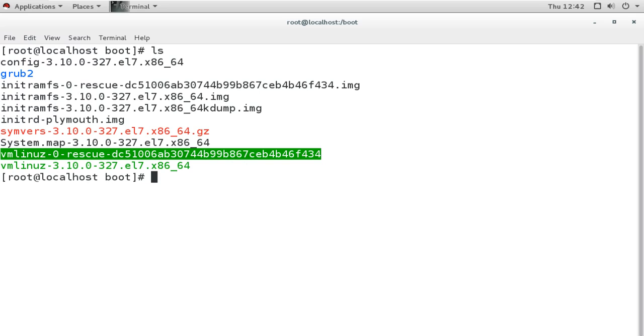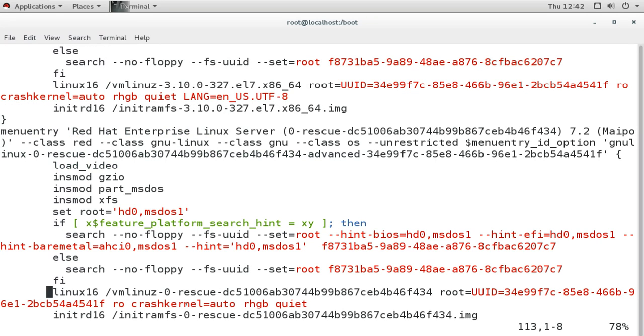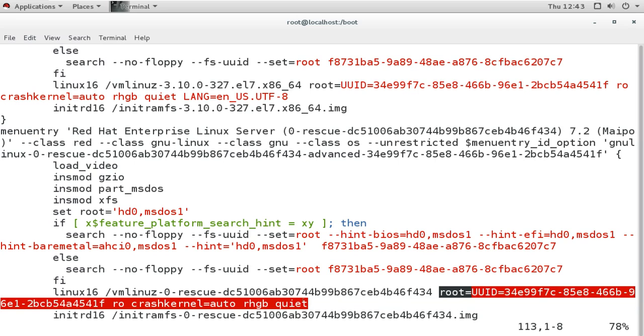After loading the kernel, it loads with different options also. With the kernel, it is loading these options, which are like features or commands. It is the same for the normal kernel also.